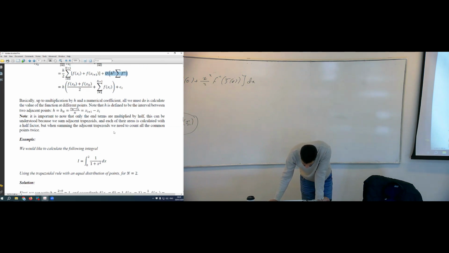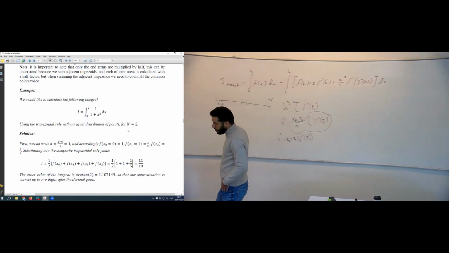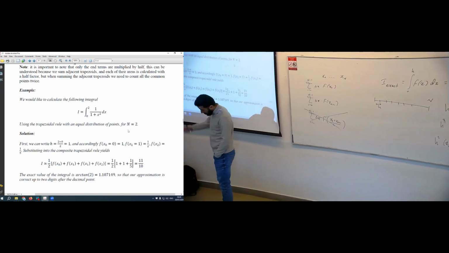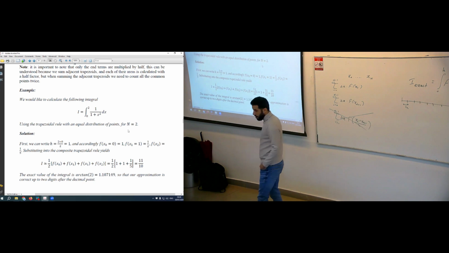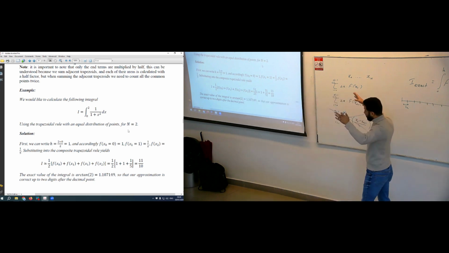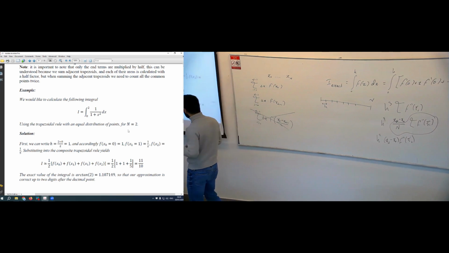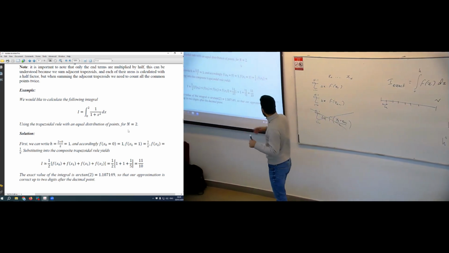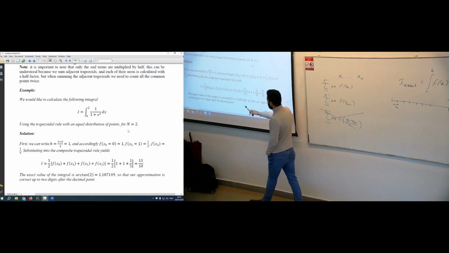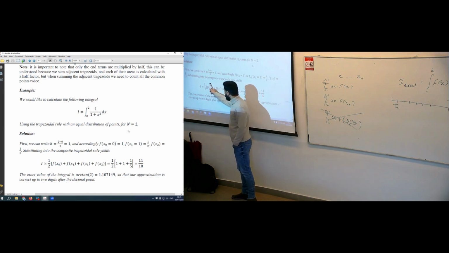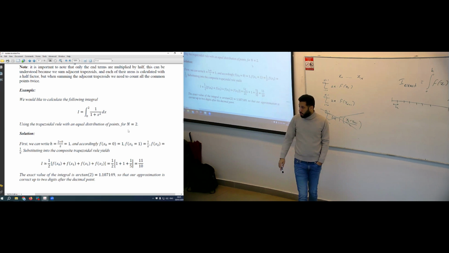Okay. So here we have an example. The answer of this integral, we know it, it's arctangent 2. And if we want to use this trapezoidal method with n equals 2, which means we divide the range of integration into 2 segments, from 0 to 1 and from 1 to 2, so h is 1, and we use the values at 0, 1, 2. So the trapezoidal method will be the first trapezoid and the second trapezoid. The answer will be 1.20,